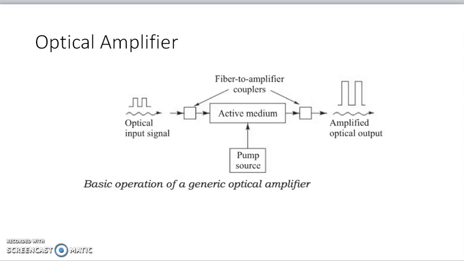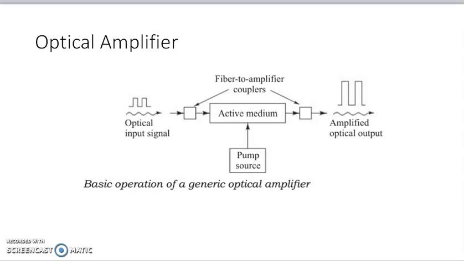Now, an optical amplifier increases the power level of an incident light through the process of stimulated emission or an optical power transfer. This device absorbs energy supplied from an external source, that is a pump. The active medium absorbs the energy from the pump. So the pump supplies the energy to the electrons in an active medium,